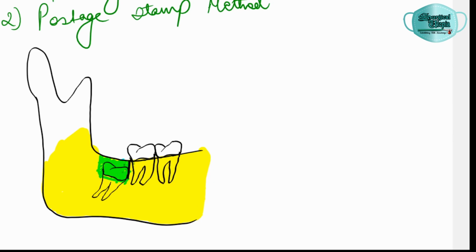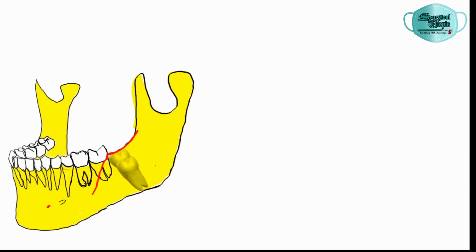So in cases of mesioangular impaction, horizontal impaction, and vertical impaction, the elevator will be placed in the mesial direction, whereas in cases where the tooth is distoangularly placed, the purchase point will be made in the distal direction or at the distal point. Before the tooth is actually elevated and removed, we will see if there is a need for sectioning of the tooth or not.